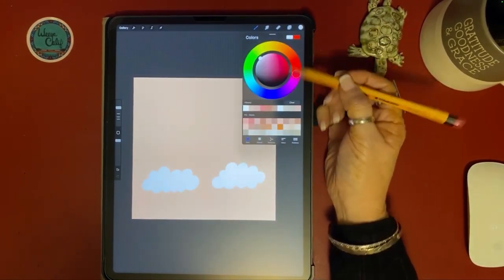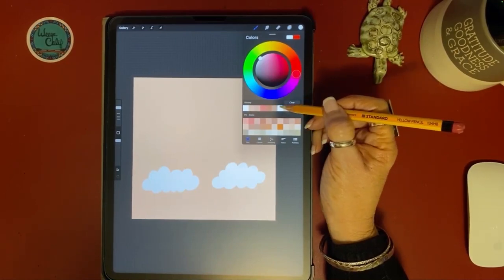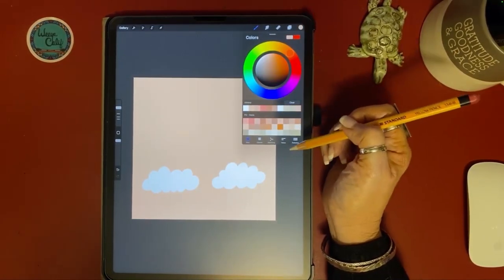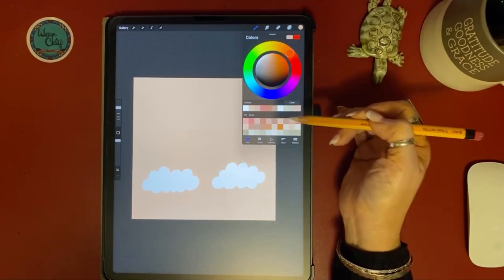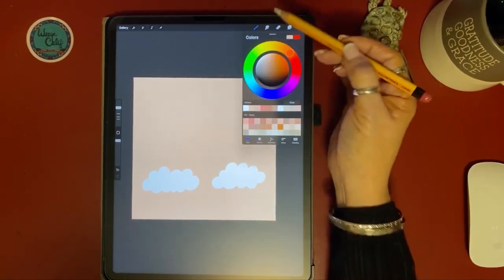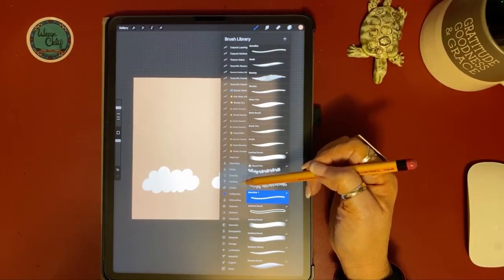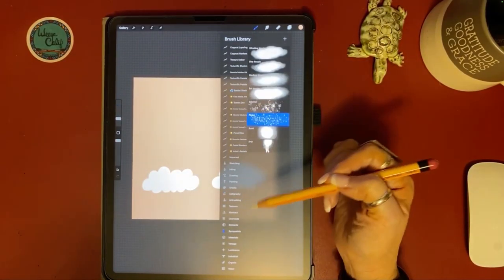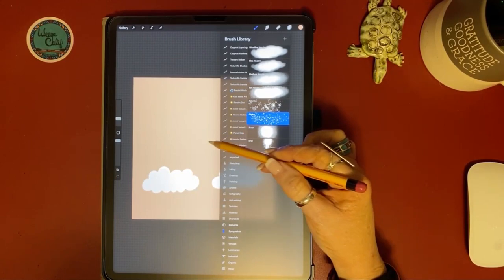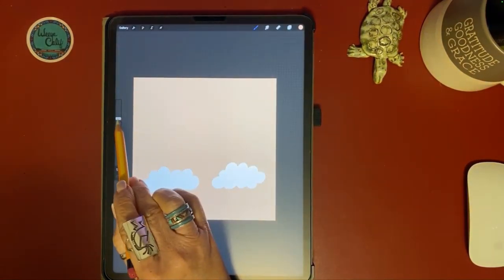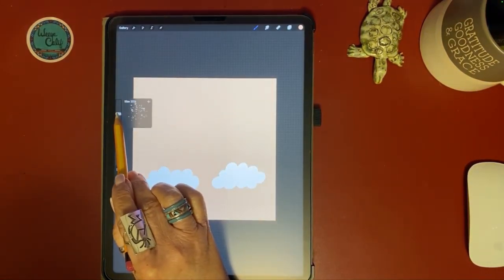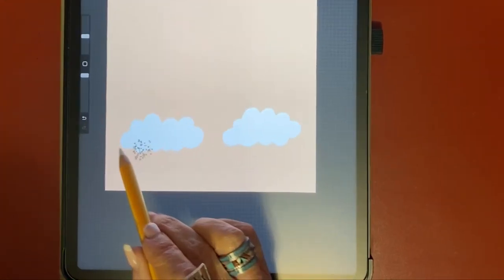So we're going to choose a color. You want to choose a little darker color. And it can be any color you like. And then we're going to change our brush. We're going to go to spray paint, and we're going to choose flick. We're going to set our brush to be at about 20%. And then we're just going to come along here and drag along the bottom here and add some nice little